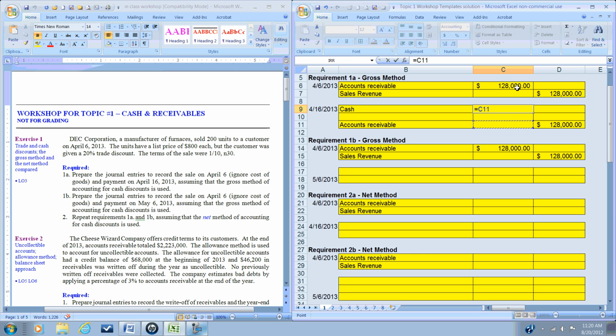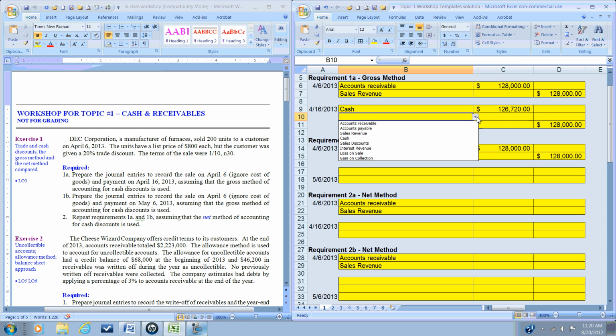Their invoice is going to be for that $128,000, but they're going to pay 1 minus 0.01, which is our cash payment terms, 1% if paid within 10 days, and that's what our customer has done. So they'll be sending us a check for $126,720. The difference, that debit amount, is going to represent a sales discount,